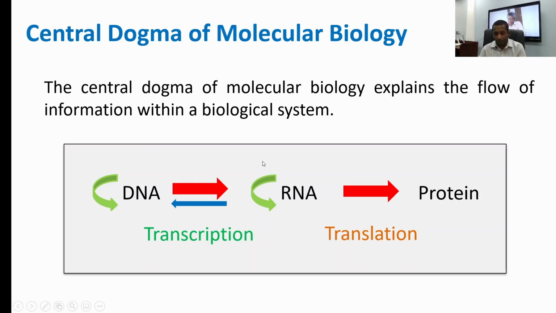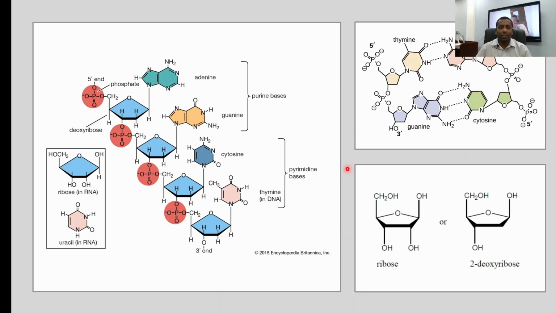Right. Now let's briefly look at the structure of a DNA molecule. In a DNA molecule, we have a sugar group. We call it deoxyribose sugar, and in RNA molecules, instead of deoxyribose sugar, we have ribose sugar. In DNA, the difference is that one oxygen group is missing in the sugar molecule. Then we have a phosphate group attached to the sugar molecule, and we have two types of